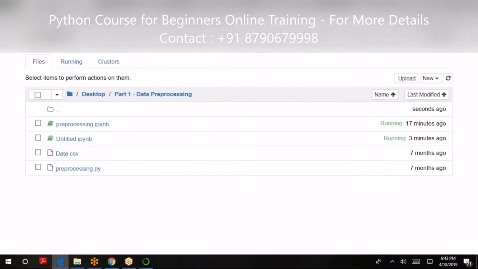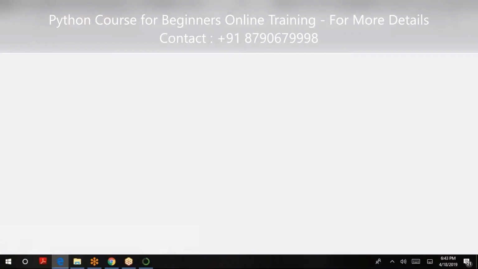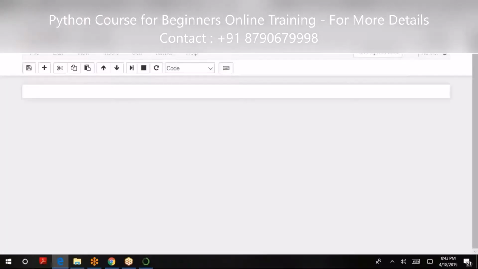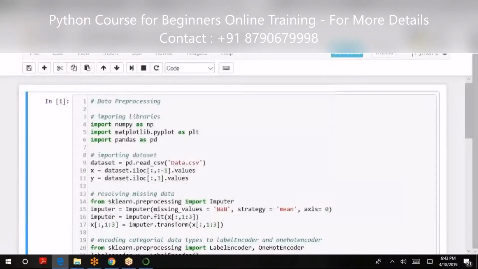A Python Jupyter file is stored with the extension .ipynb. Python IDLE, which is a native editor for Python that can be downloaded externally, stores files with the .py extension. That is the only difference. If we have a native editor for Python, why do we need Jupyter? It's probably easier to use Jupyter than the native Python IDLE editor.